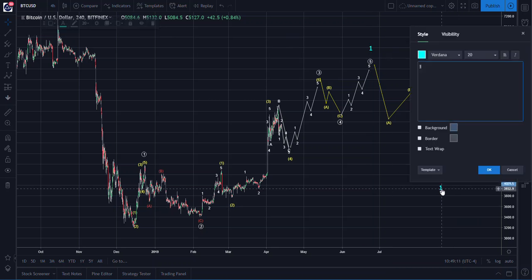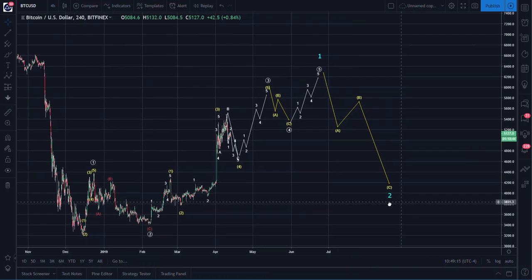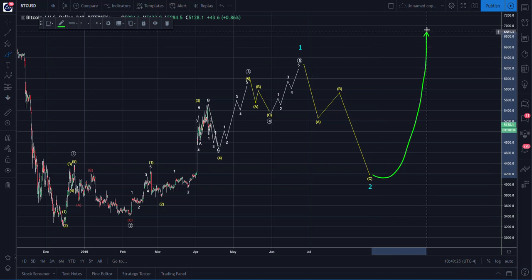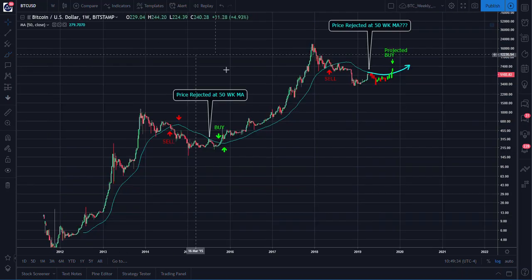Okay? And that'll give the wave 2 of the higher degree of trend. And this is why I'm coming up with the late summer, early fall projection, where then we have the wave 3 going much higher, breaking that resistance. Okay, that's when, in that time frame, if we look at this again, I think a little more higher high